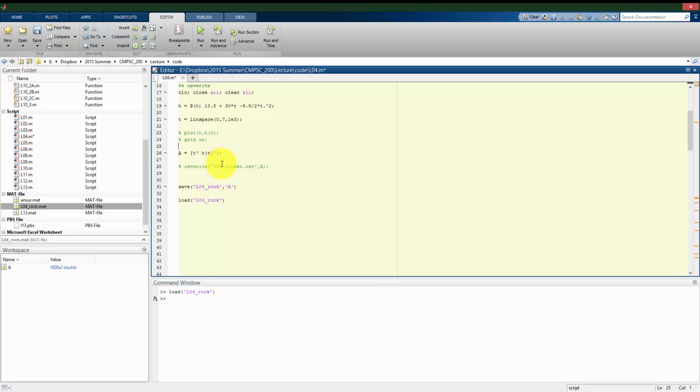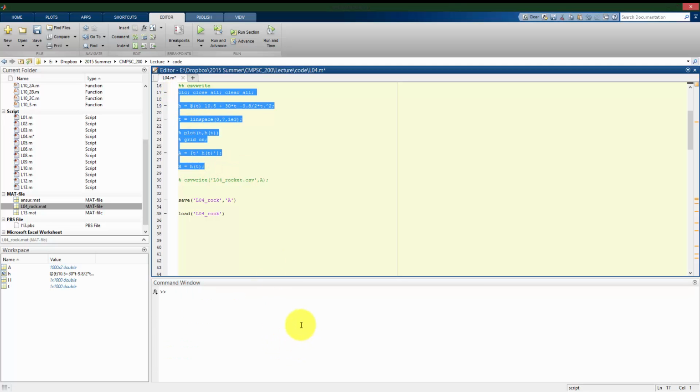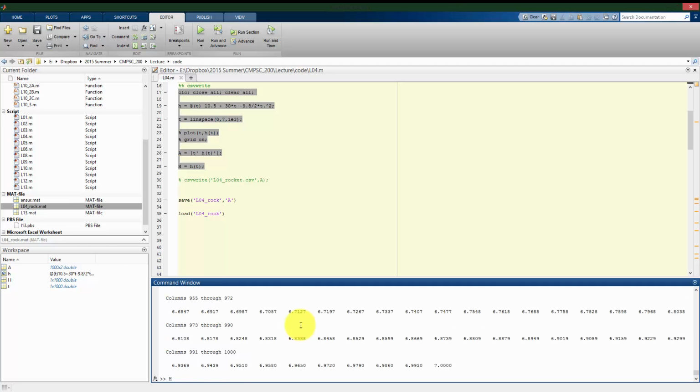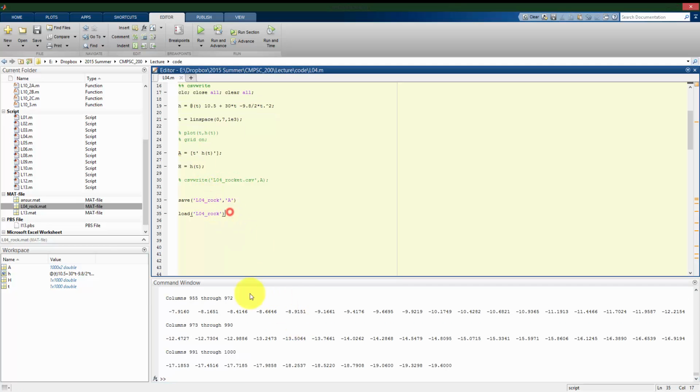Right, so instead of saving that matrix A, what if I want to save separately my timestamps and the heights? So I'm going to make a new variable h that will be a vector that's my function h, little h, to evaluate at t. So let me just run what I have up here so far. So I have my time, I have big H, which are all my heights, and now I want to save it not as a single matrix like I would have to do to make a CSV file, but I can actually save them as separate variables. So in the save command, I'm saving the t vector and the capital H vector. Right, so if I run this,